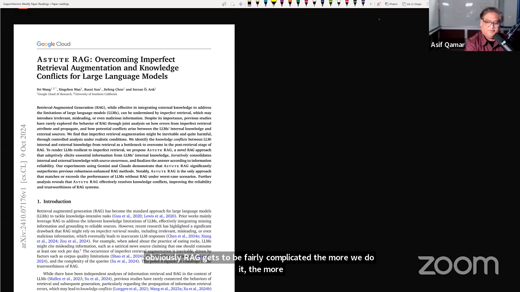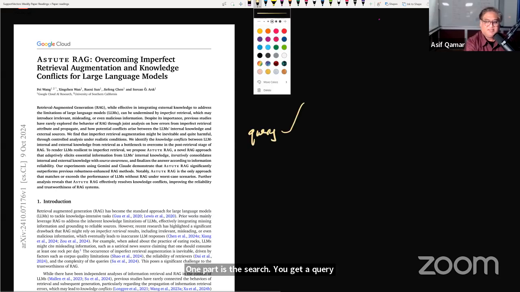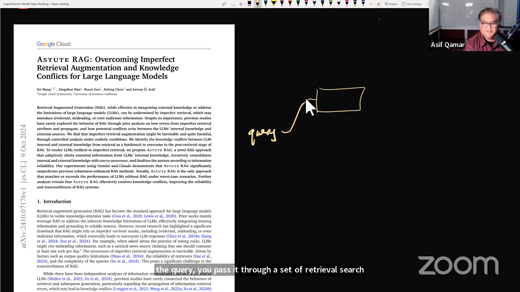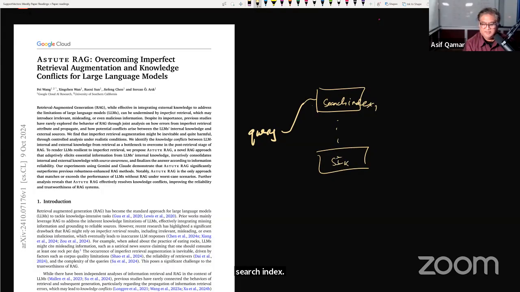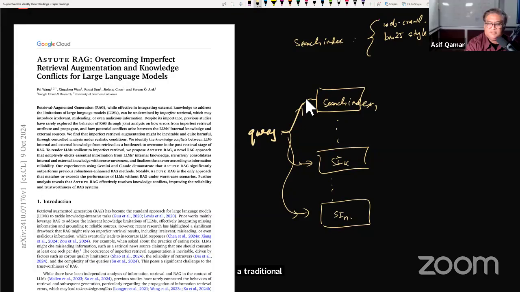Now, it is made up of two parts. One part is the search. You get a query. The query, you pass it through a set of retrieval search indices. Search index 1, search index SI K, different search indices, SI N, and most of us do a multi-source query. We will feed it in, and each of these search indices could be web crawl, it could be a traditional BM25 style search, think Elasticsearch, etc. It could be semantic search